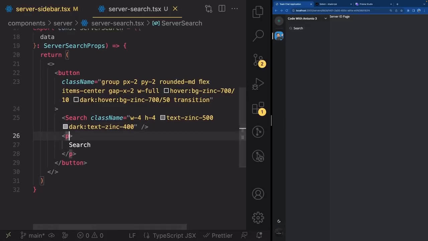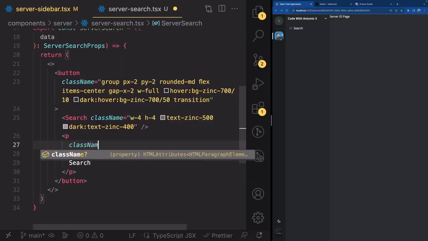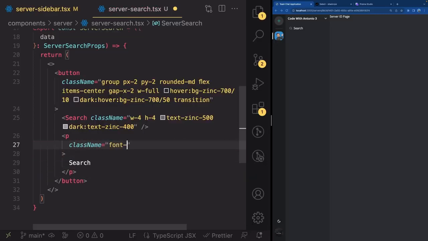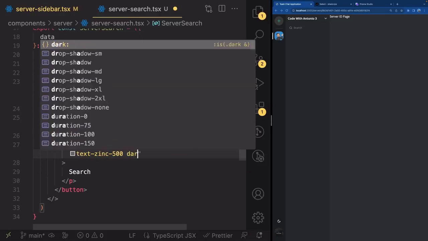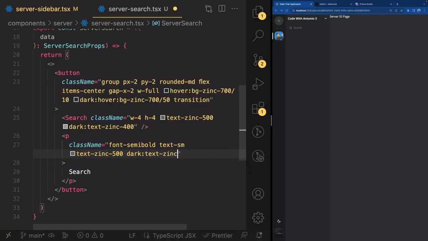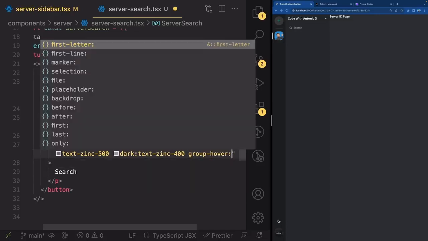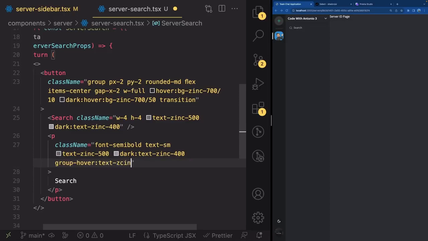And now let's go ahead and do the class name for the paragraph. So the paragraph is going to have a class name of font-semibold text-sm text-zinc-500 like this. Dark is going to have text-zinc-400 to match the icon. Group-hover, so when we hover on the button, text-zinc-600 is going to be the color it changes to, but on dark mode, on hover, the color is going to change